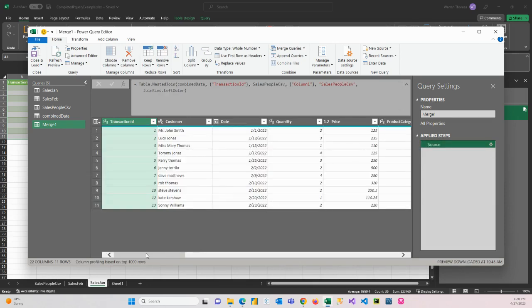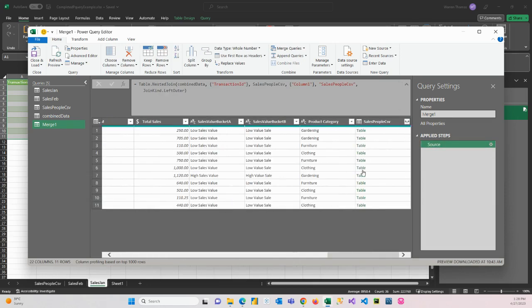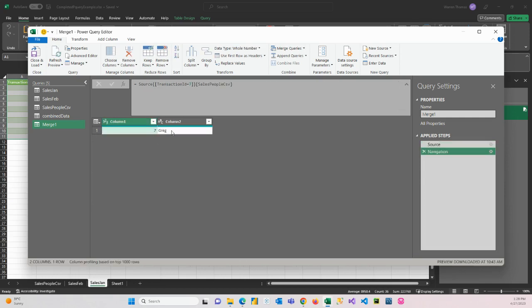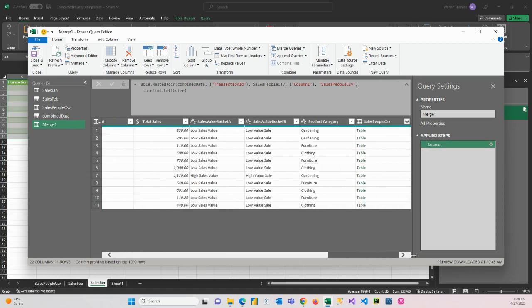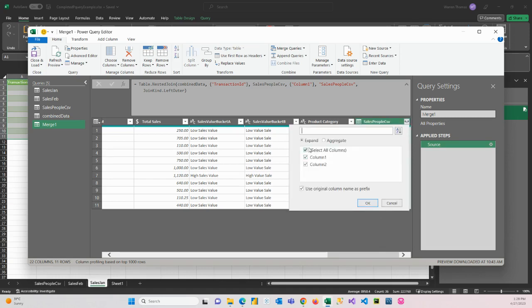So if ever you want to kind of problem solve, you can click on these little links that it gives you. You can see number 7 is Greg. Just be aware it creates a step and you need to go and delete that step. So all it's doing, it's gone and joined everything, but it's created each line item as a little individual table. So normally when you see this, you'll see in the top corner here, it'll give you an option of expanding this column. So if we click on that, we want to expand or aggregate, we want to expand it,